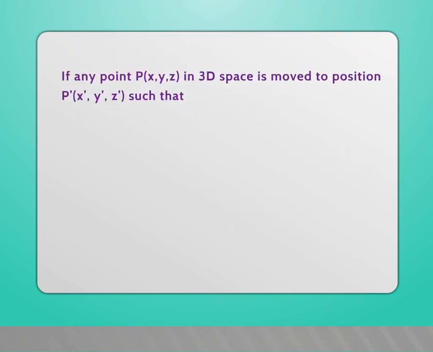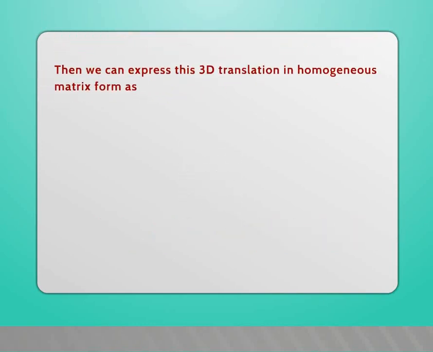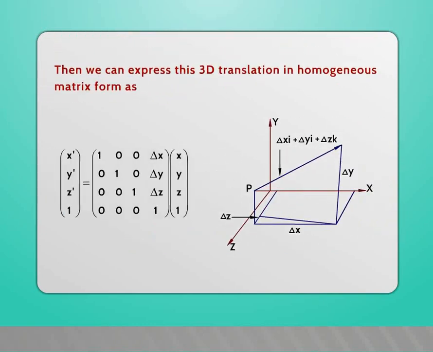If any point P of x, y, z in 3D space is moved to position P dash of x dash, y dash, z dash such that x dash is equal to x plus del x, y dash is equal to y plus del y, z dash is equal to z plus del z, del x, del y, del z being the displacement of P in the 3 principal directions x, y, z respectively, then we can express this 3D translation in homogeneous matrix form as